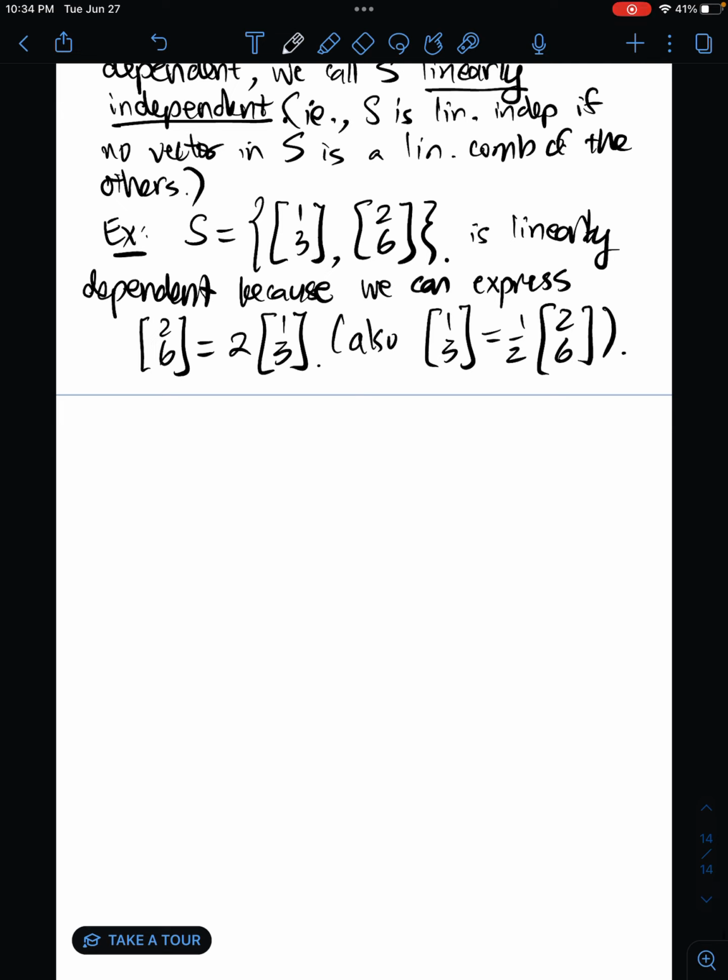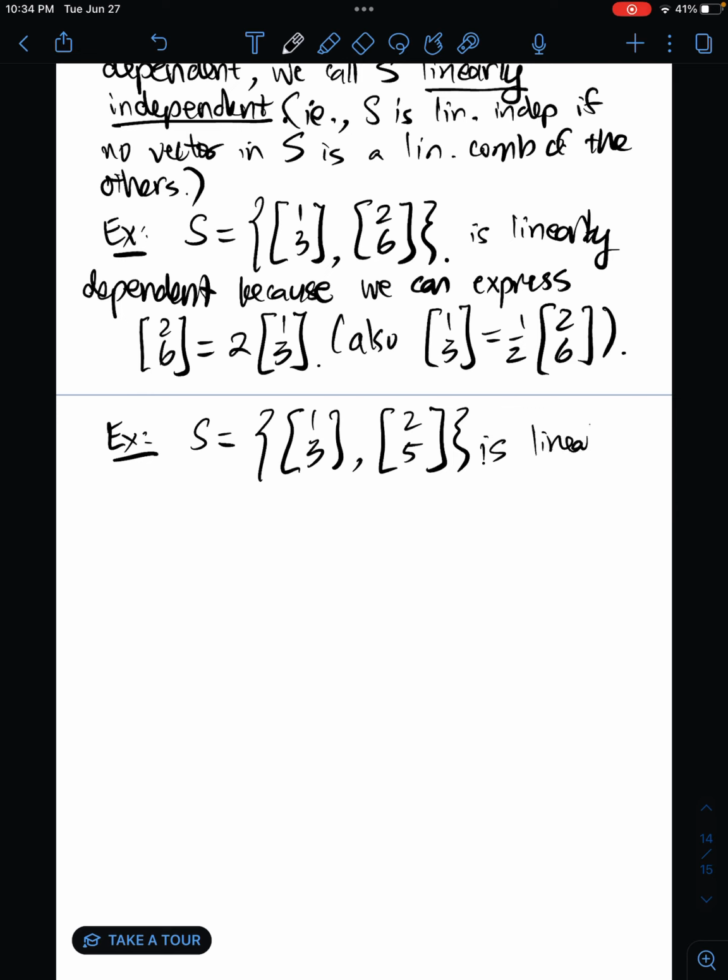All right, let's look at another example. So how about (1, 3), (2, 5)? Okay, let's just change the 6 to 5. Now what about this? Well, neither of these is a linear combination of the others, right? So it is linearly independent